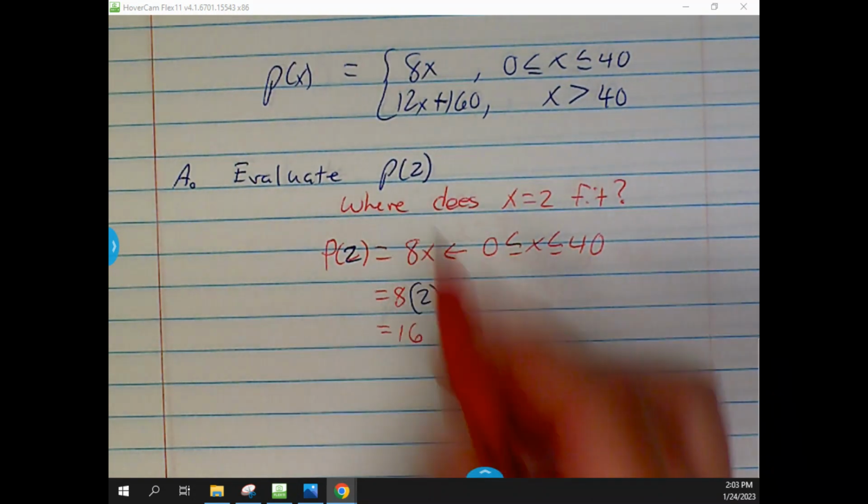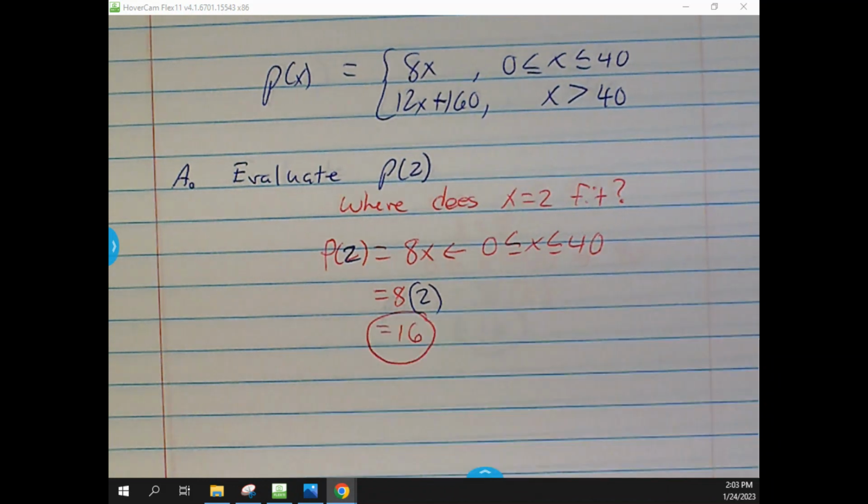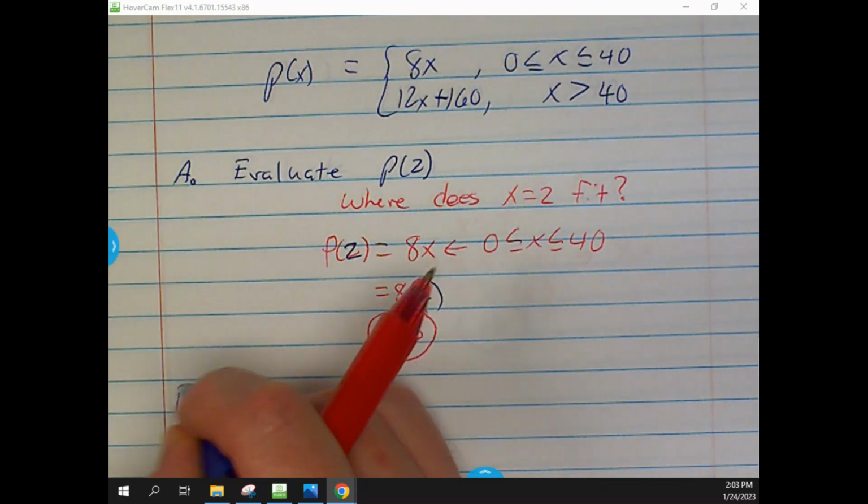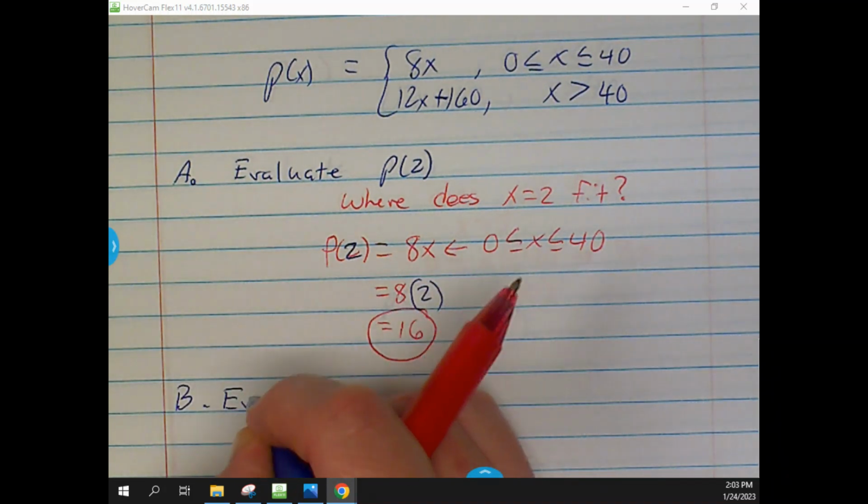So they ask you to evaluate P of 2. P of 2 would equal 16. Okay, and that's a matter of just figuring out wherever this will fit based on whatever numbers they give to you. So the big part is they ask you to evaluate